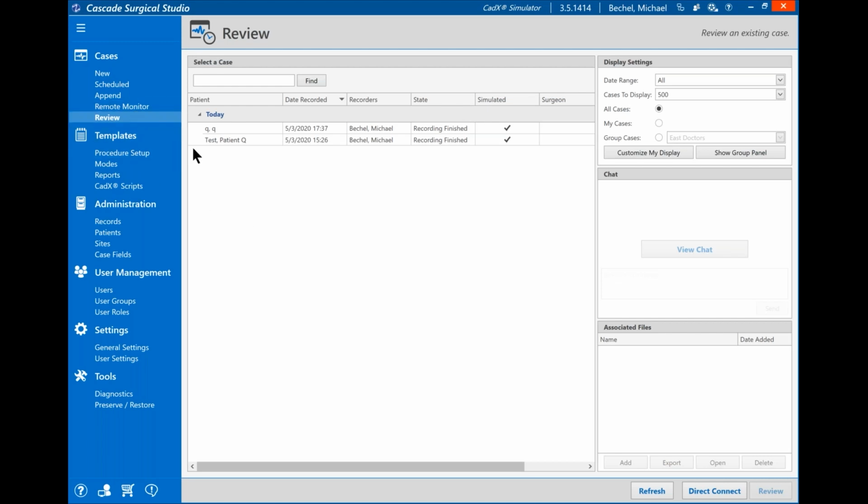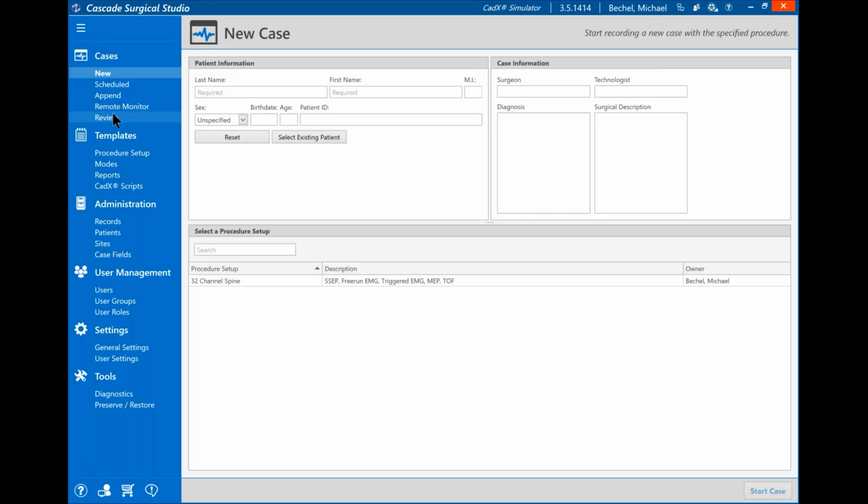Now, if a case is being run, and let's see if I can run one here on my other machine. I'm now starting up a case on a different machine here. So at this point, I am going to function as the reviewer or a remote physician. And I've started a case on my other machine here. And if I choose remote monitor,